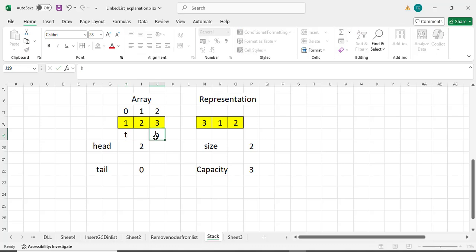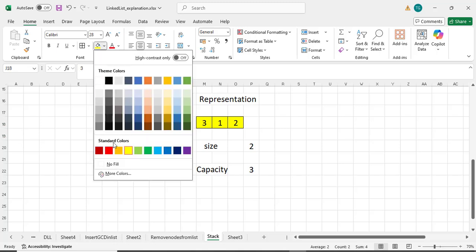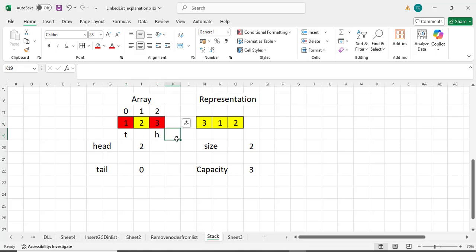Tail and head. Now the DQ has only 2 elements, so it is considered with 1 and 3. That's all. It is considered with 1 and 3. This 2 is not considered. Now the size of the DQ is 2, so we have only 2 elements. Okay, this 2 will not be considered at all, because when I go for the representation, it's easy for you